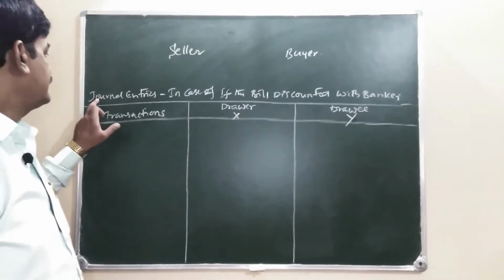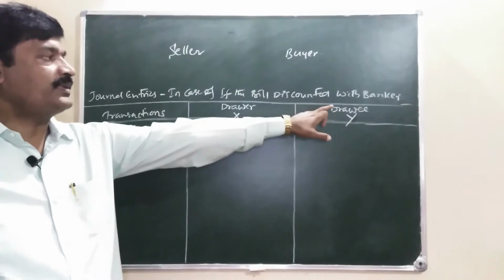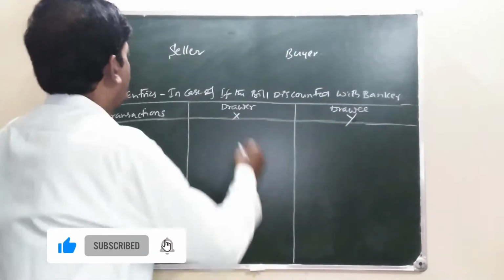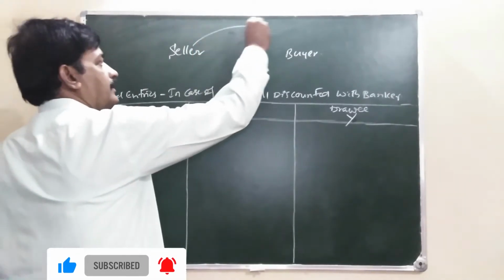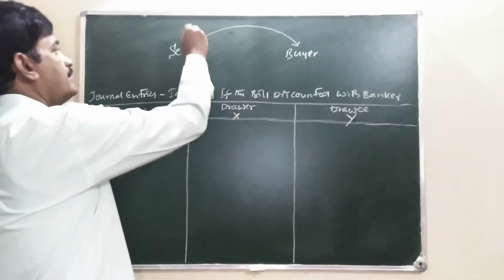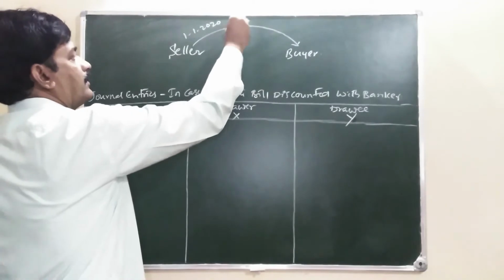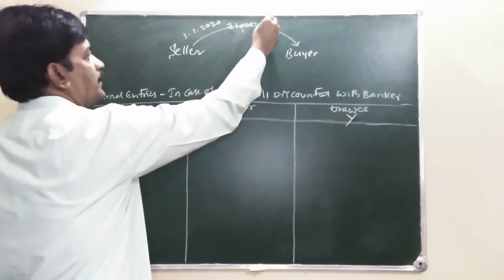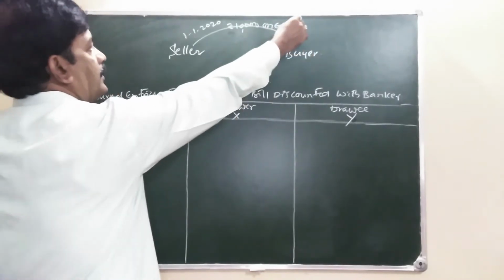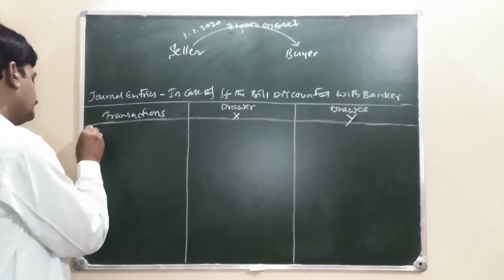How to write journal entries if the bill is discounted with a banker. The seller is frequently selling goods to the buyer on credit. Say on 1/1/2020, rupees 10,000 goods sold to the buyer on credit. Now, first one,